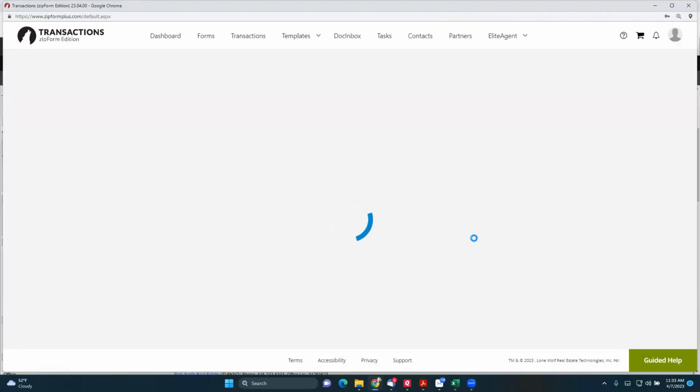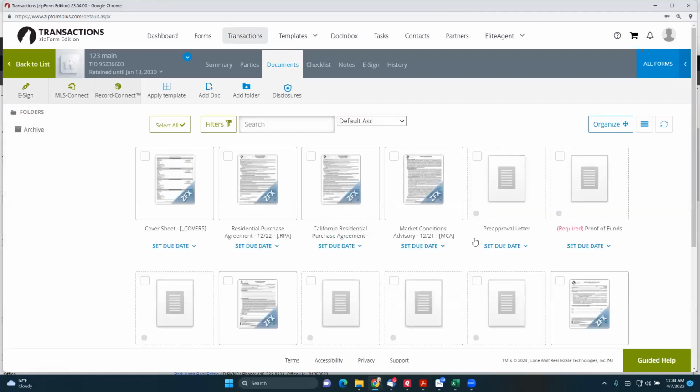If someone sends over a document and it's got 10 different documents in it, how do you separate those out in Zip Forms, or even one of the forms that you upload in Zip Forms? So I will show you guys that. It's quite easy and convenient.